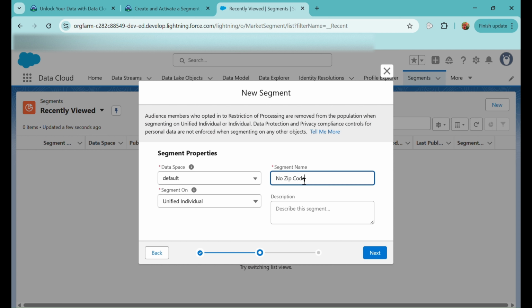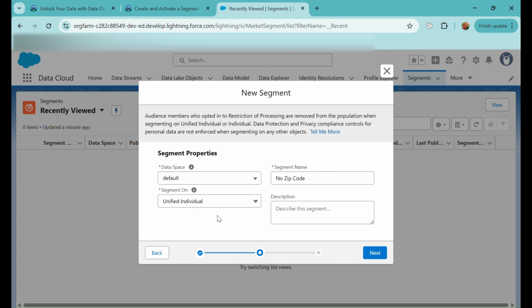Let me try to explain the segment here. We have created this Unified Individual DMO using our main DMO objects related to the data streams which we did earlier in our previous project, related to the case object, as well as contact, lead, and account. That is the sales data bundle.